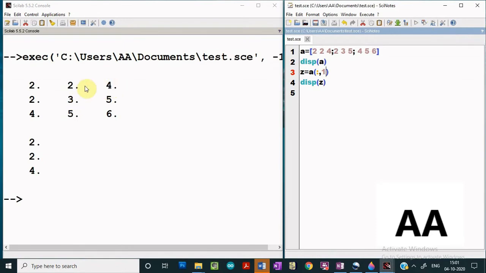Say this is the matrix and I wish to express 3, 5 and 5, 6 as a submatrix from a bigger matrix. So how to do that? Again, since I am interested in 3, 5 and 5, 6, that means I am interested in which rows? Second row and third row. Similarly, I have to give the column numbers. Which column numbers am I interested in? I am interested in the second and the third column.